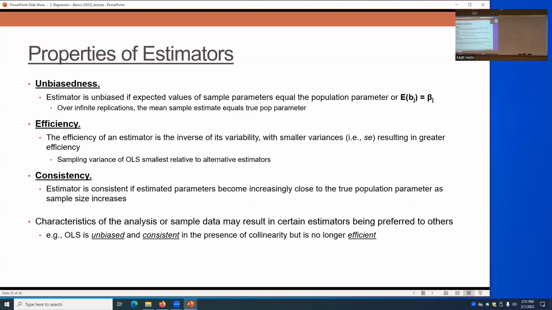As our sample becomes more representative and larger and larger, we're capturing more characteristics of the population. We want those estimates to become closer and closer to the population value. And can you give one more example for efficiency? I was confused about those two. Efficiency, this means that if I think about,